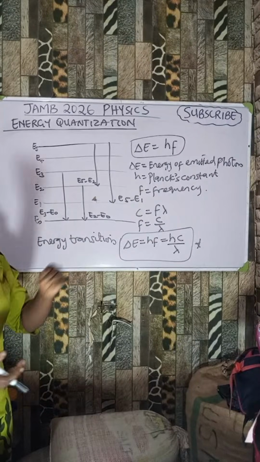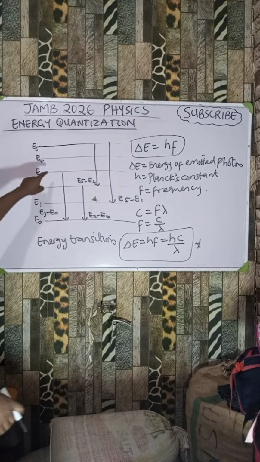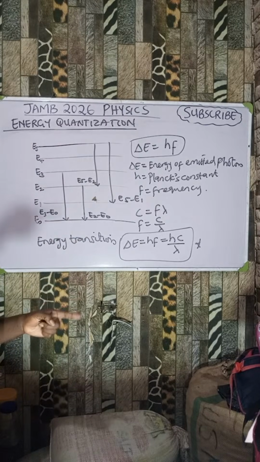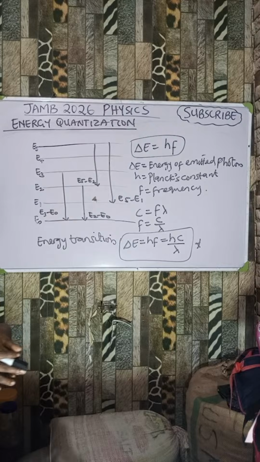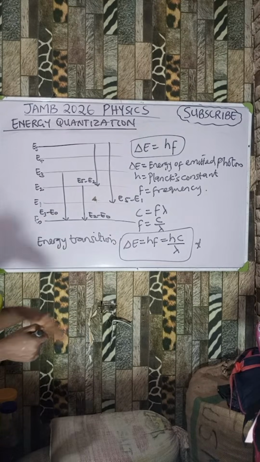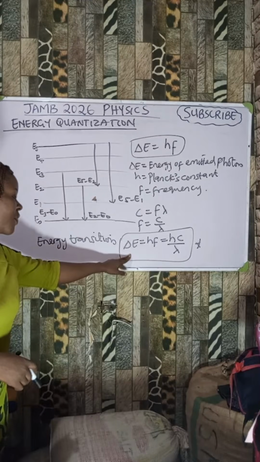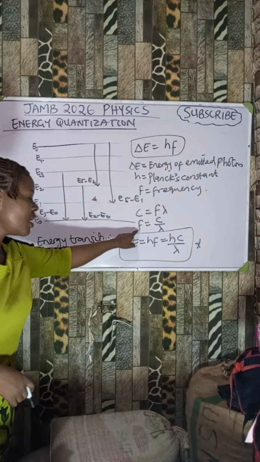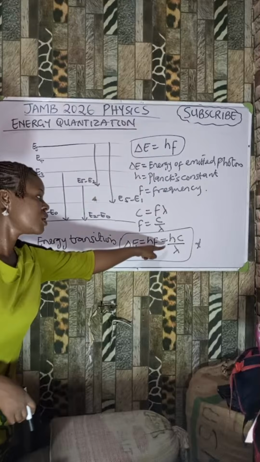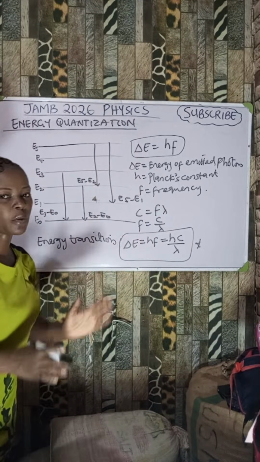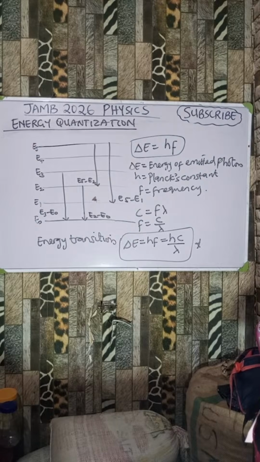Jumping from one energy level to another. But after a while, because of this excited state, they are not stable. So it has to return back to its normal state. As it's returning back, it's going to emit an energy with that formula on the board. So this is what we're going to be using to solve problems. And I said that the speed of light C is equal to f lambda, right? Making f the subject, we have C over lambda. So if a question does not even have frequency, but it has speed of light and wavelength, we now use this one to solve the problem. Is that clear? Are we clear? All right, I'm done explaining, okay?